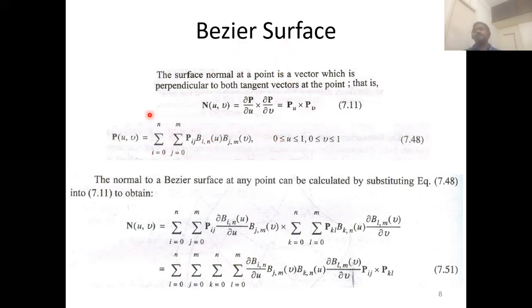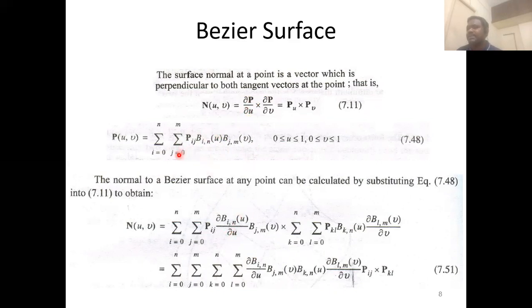I showed this one in the very initial slide. Now, P(u,v), ∂P/∂U cross ∂P/∂V. You can consider this as one single expression. If you differentiate with respect to U, other values have to be taken as constant. So this will be a constant because it is an expression of V. This is a control point. Pij is a control point. These two you can keep as such. This Bernstein function should be taken partial derivative with respect to U, ∂P/∂U.